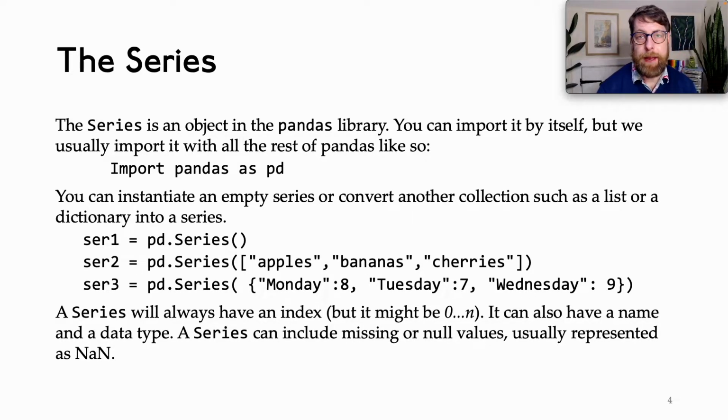The series will have a name, or it could have a name, and that name can be useful because then if you merge that series into other stuff, the name might end up being a column if you merge it into a data frame, and it'll be the column name. A series can include missing values or null values, so you might have a place where you get some values for some rows, but the others are just empty. Maybe there was no text in that tweet, so there was nothing to put in a text column. You'll be surprised about where missing values can pop up in a lot of this work. But now they're stored in the series as NaN values,